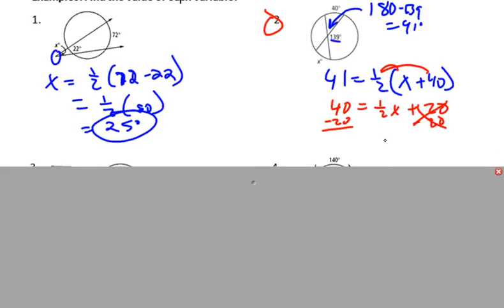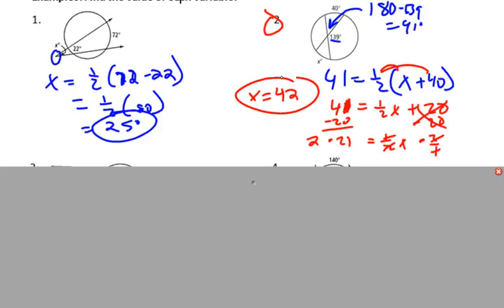So 1/2 x equals 20. Oh, wait, this is 41. So 21. And then I can multiply both sides by 2 to cancel out that 1/2. Multiply by 2 over 1. So x equals 2 times 21, which is 42. All right. So we're essentially finding the average of those two